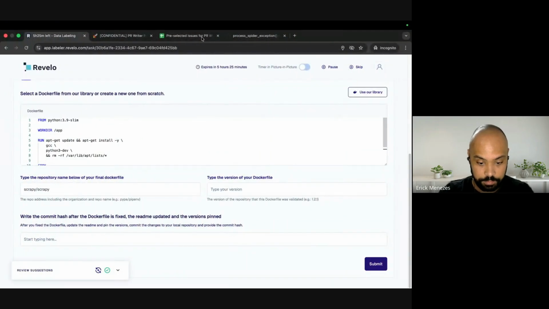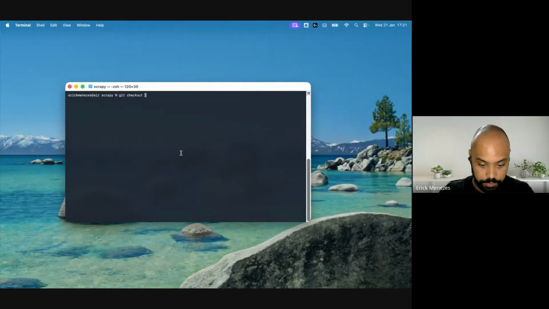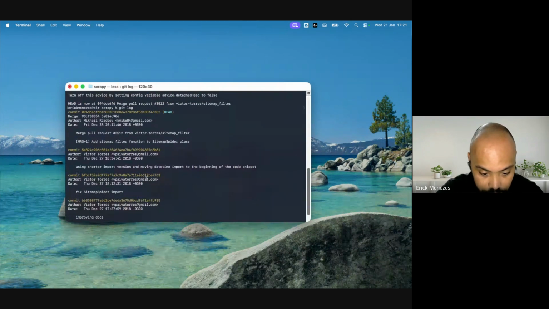I'm going to take the base SHA, which is this one. I'm just going to copy it in another text here to avoid any issues. Now we are with the commits from that time. You see here, 2018.